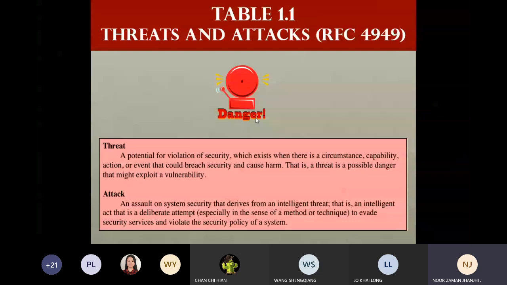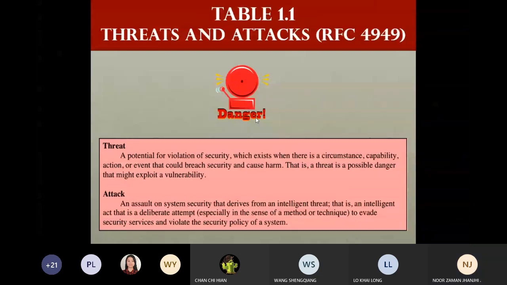Now the threats, as per the RFC of this book. RFC, I hope that you understand what the RFC is. It means the Request for Comments document. R stands for Request, F is for, and C is for Comments. And then this is the number 4949. So any comment, any reference, any point is going to be added in that document. So the next RFC will be 4950 and so on. So they're saying about the danger.